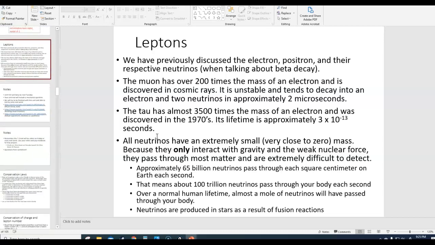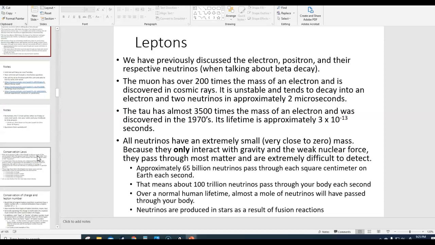By the way, in case you're wondering why we even know about neutrinos if they're so hard to detect, that's its own interesting story, but basically they were predicted to exist in order to conserve momentum and energy, and they were eventually discovered through experimentation years later. Very sensitive experiments were needed because neutrinos don't really affect much, unless you're looking over a really wide space over a long time period.